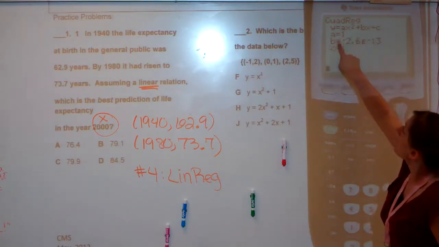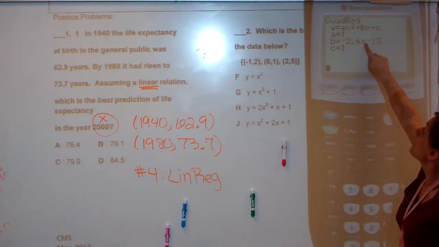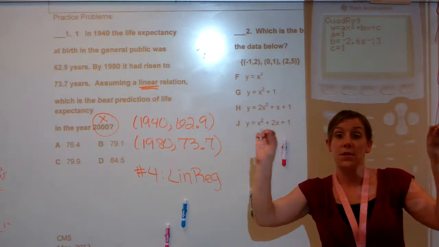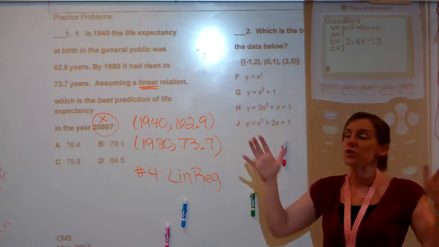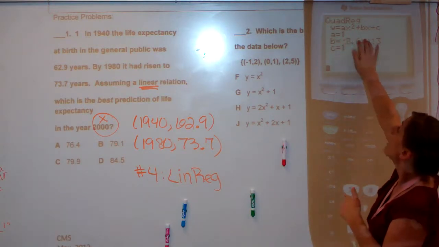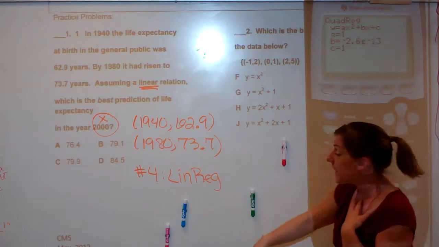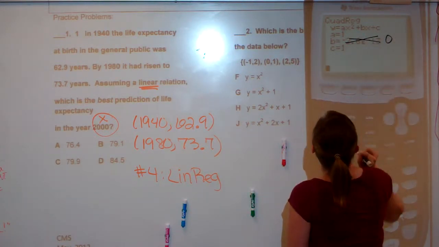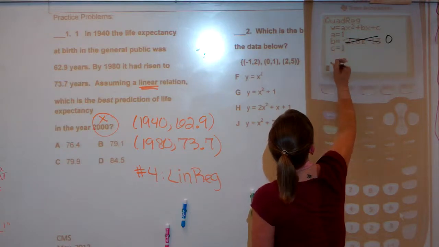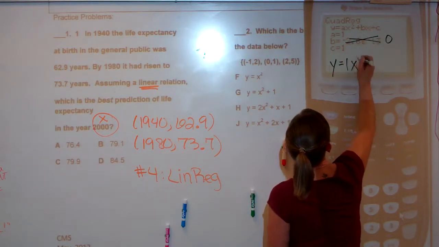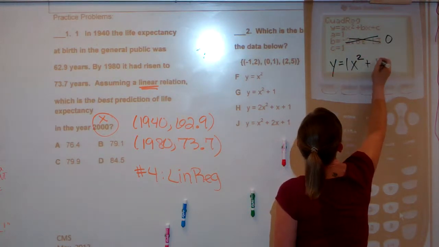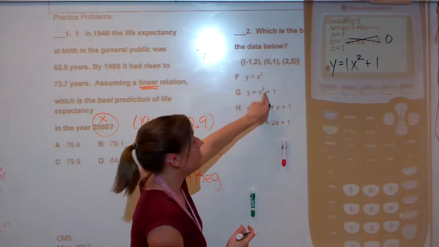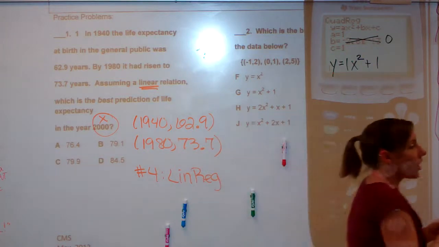Well, this number is such a small decimal because it's times 10 to the -13. So you would move that decimal place over 13 times. So that's a super, super tiny number that really they're not including it. So they're saying, because this is so close to 0, let's put in 0. So that means that it's y equals 1x squared, and then this is plus 1. So there's no b. So that's why it would be x squared plus 1. All right,